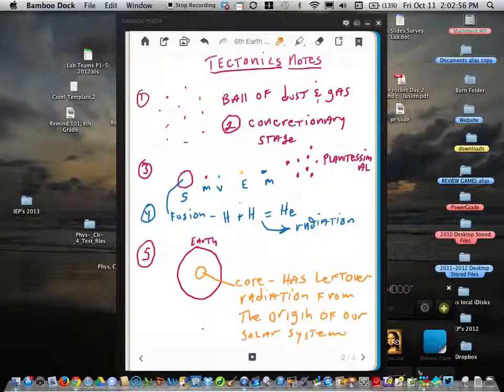Okay, so that leftover radiation that's inside the Earth, in the core of the Earth,